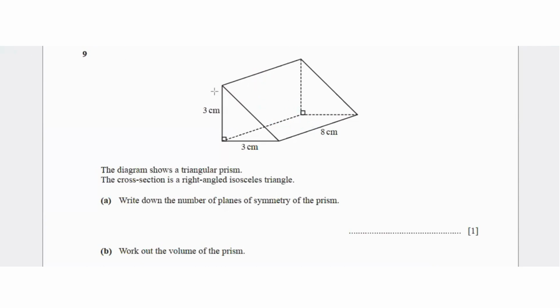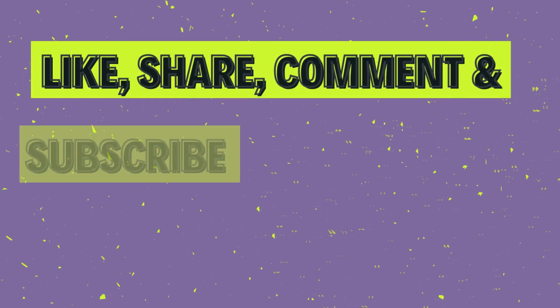to split it diagonally. So if we split it diagonally, that's going to be 2 equal identical parts again. So this shape has 2 planes of symmetry. And work out the volume. So for the volume, we will do 1/2